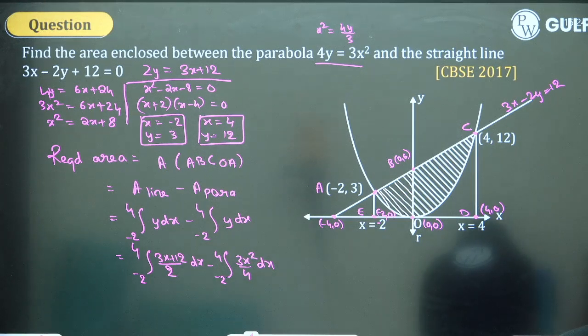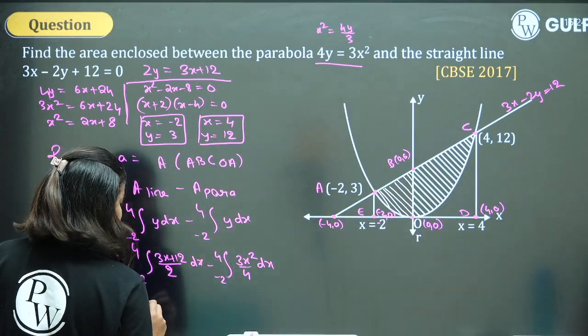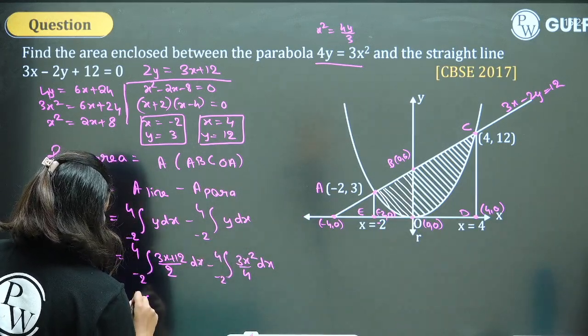We have to solve this nicely. See, the limits are same. You can combine both the things. We can combine both the things. दोनों का लिमिट सेम है ना, तो एक ही इंटीग्रल में डाल सकते हैं. -2 to 4,